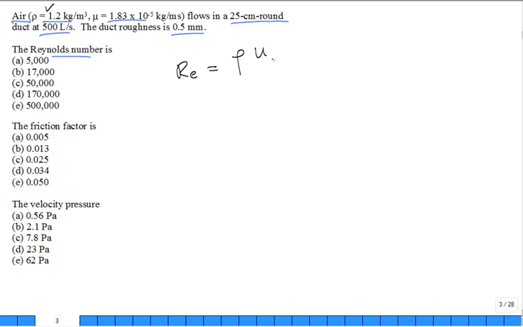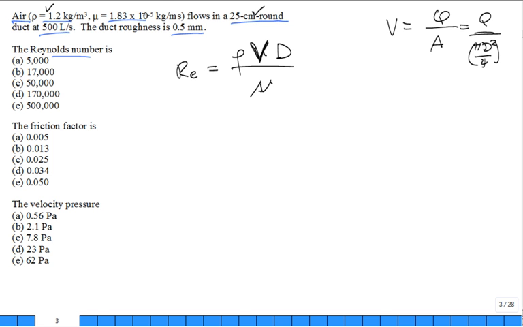The average velocity, maybe I put a V for velocity or U for velocity. I'm going to have to calculate that velocity. V is the volumetric flow rate, Q, divided by the area, or Q divided by pi d squared over 4, the cross-sectional area for the round duct. So I can calculate that velocity. We have the diameter here, and then we have the viscosity, mu, here. And when you calculate that, we'll get right at